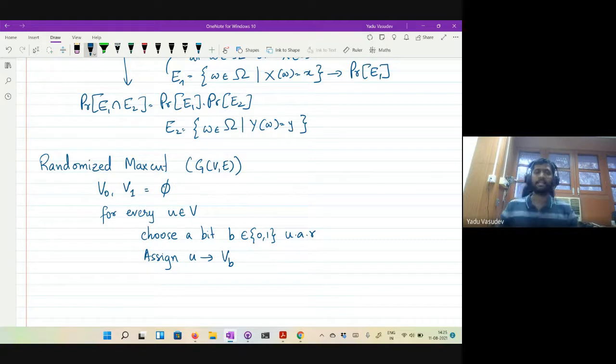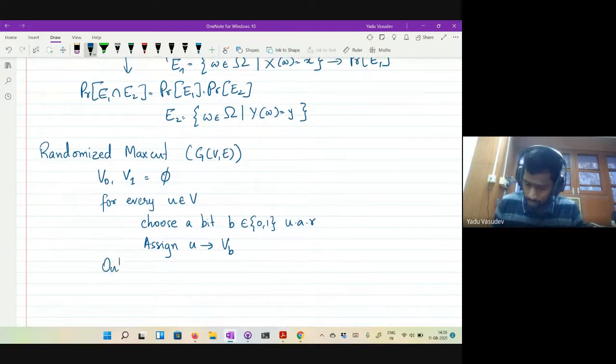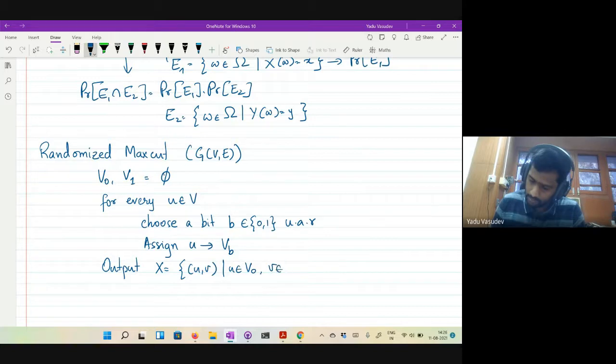So for every vertex, I choose whether that vertex goes into V0 or V1. At the end of this, what you have is a cut. Now you output X, which is the set of edges (u, v) such that u is in V0 and v is in V1.